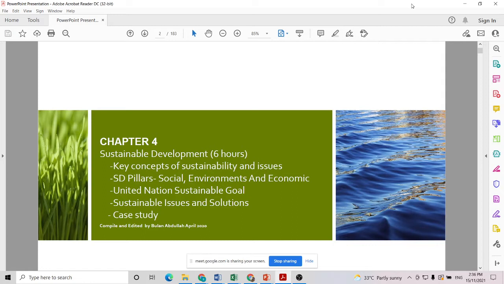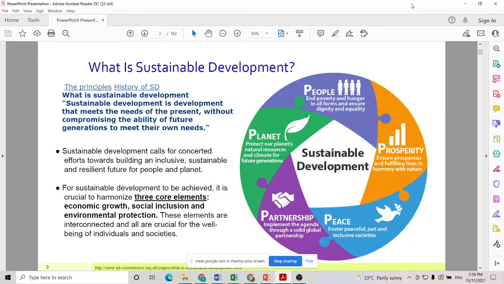And then some issues and solutions regarding sustainability. And lastly, the case study. I think we are up to some issues. This is the best question: what is sustainable development? By definition, sustainable development is development that meets the needs of the present without compromising the ability of future generations to meet